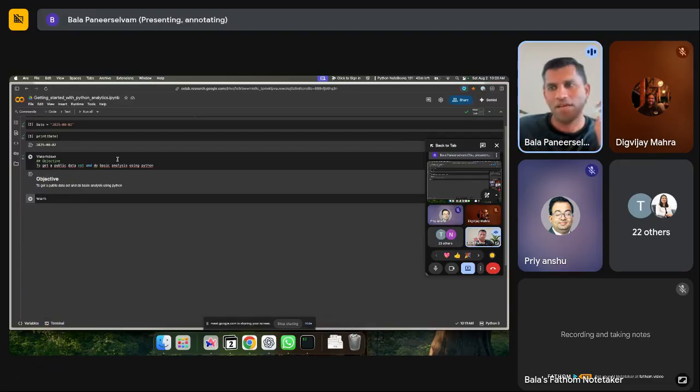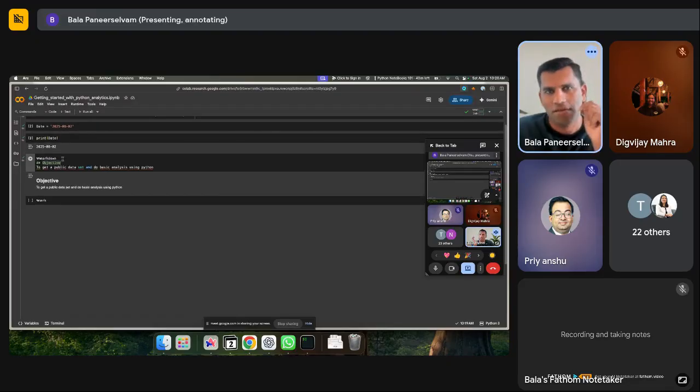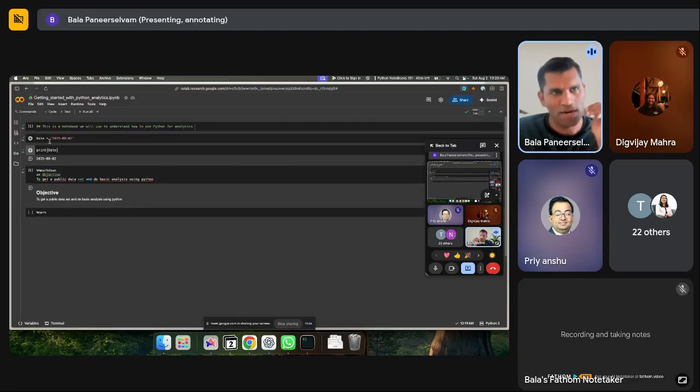Okay. Now I'll explain what it actually is. Each cell, by default, the program will treat as code. So when I run date, it treats it as code, print date treats it as code, etc. But when I put double percentage